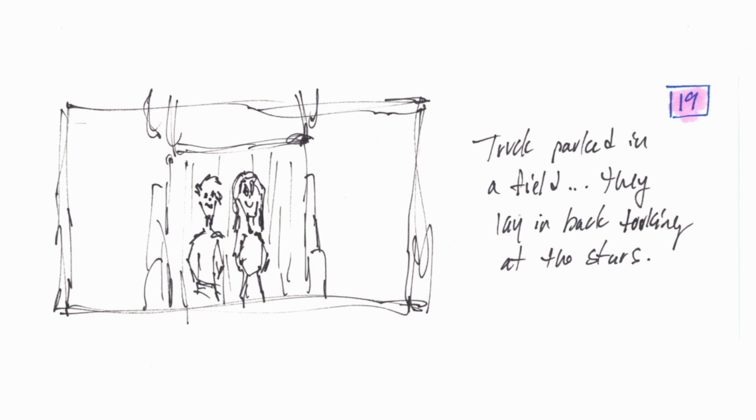Today, we'll look at a shallow depth of field in order to isolate the characters' faces. So here's my terrible storyboard of them lying in the back of the truck. It's a shot looking straight down so you can see into the bed of the truck, and it just shows about how much I want to show of them. This is not actually how this exact shot was lined up. This is more the second shot that we're going to look at, but let's go to the next shot in